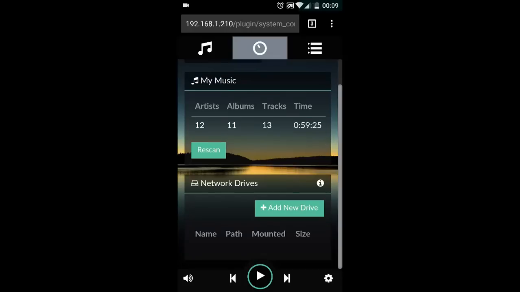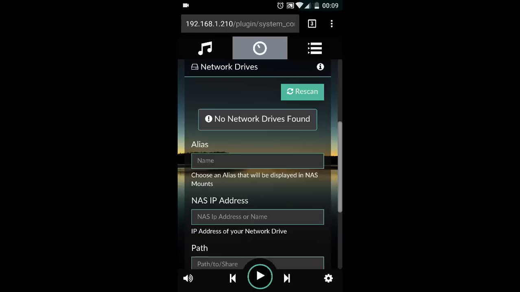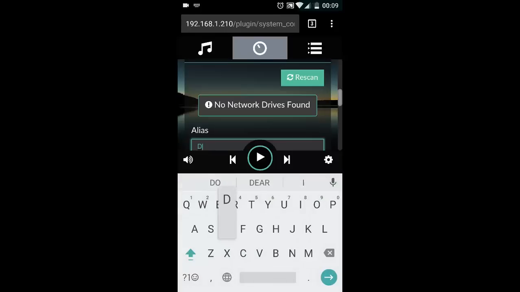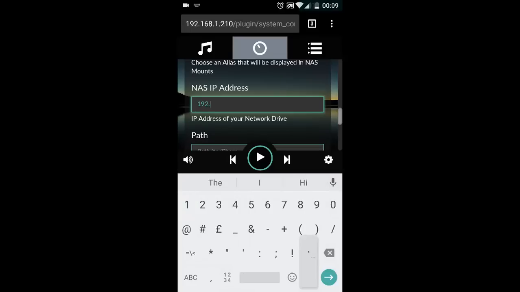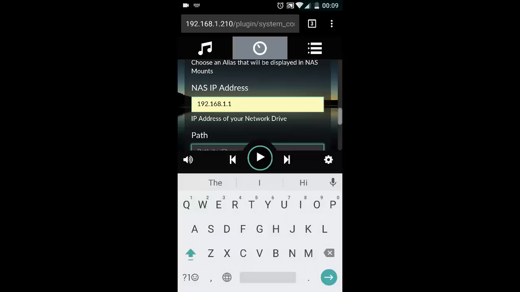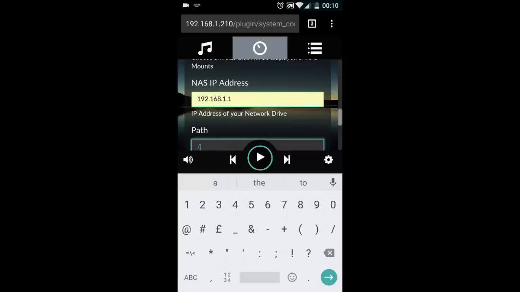So let us add a network drive here. I have already got one network drive. Enter the credentials of your network drive if you have one.